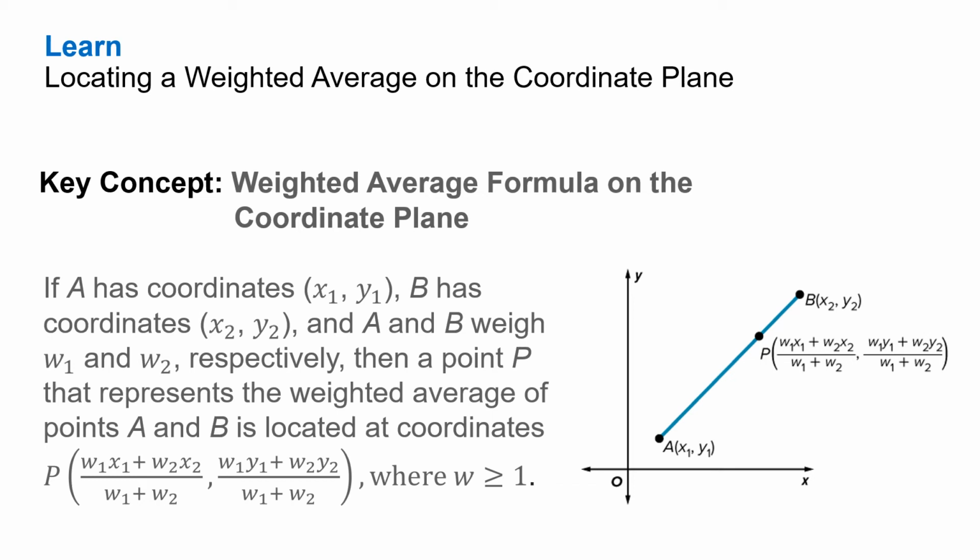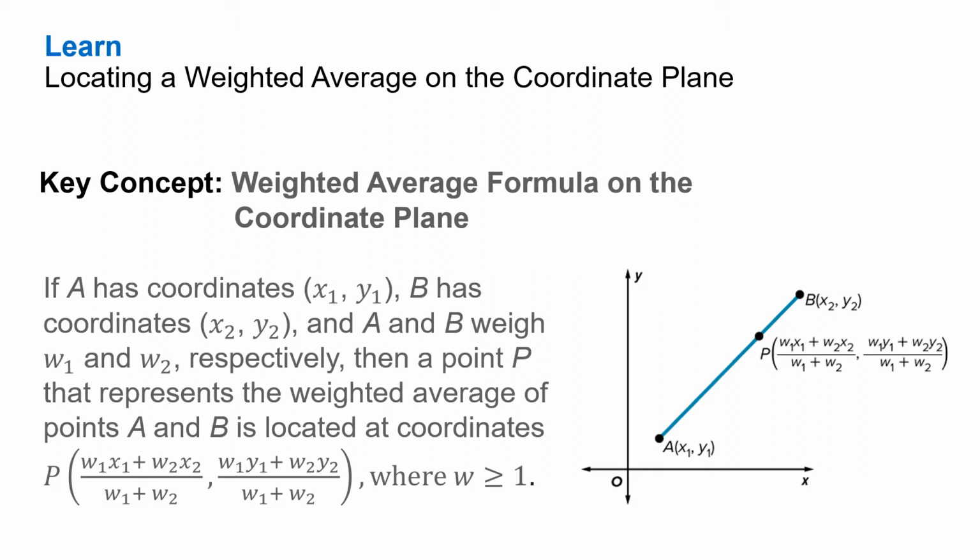Most of the time in geometry, we're going to be working on the coordinate plane. So it's important that you understand how to find the weighted average formula on the coordinate plane. What we're doing is we are applying the weighted average formula twice, once for the x coordinates and once for the y coordinates. If A has coordinates x1, y1, B has coordinates x2, y2, and A and B weigh W1